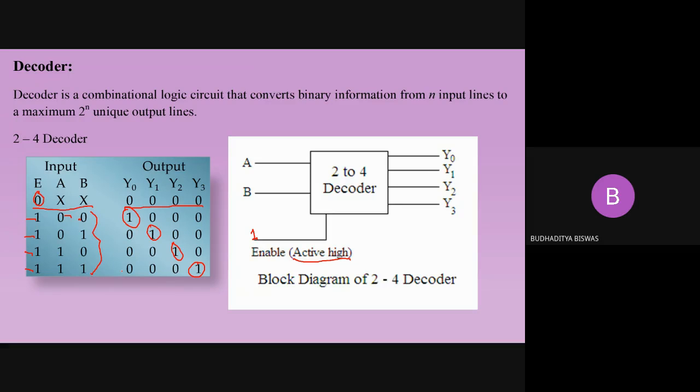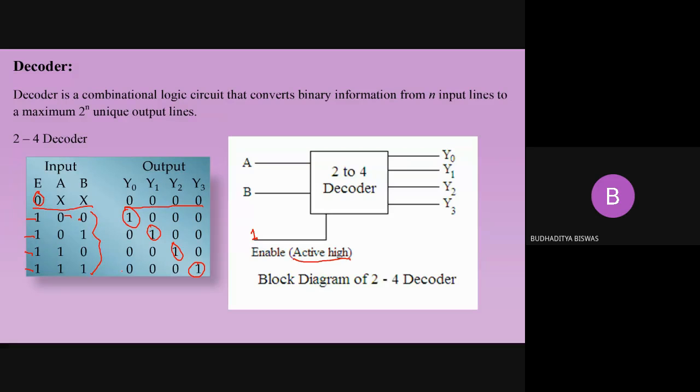Now, imagine a 3-channel device. 3-channel communication means 3 channels are there from the sending end device to the receiving end device, and the information comes to the receiving end device through 3 channels. As the channel number is 3, 8 unique pieces of information may be hidden inside. It may be 0 0 0, which is nothing but one value. If this value is received by the receiving end device, one particular work can be done. Similarly, if the 1 1 1 value is received, then another work may be done. That's why this is called the information.